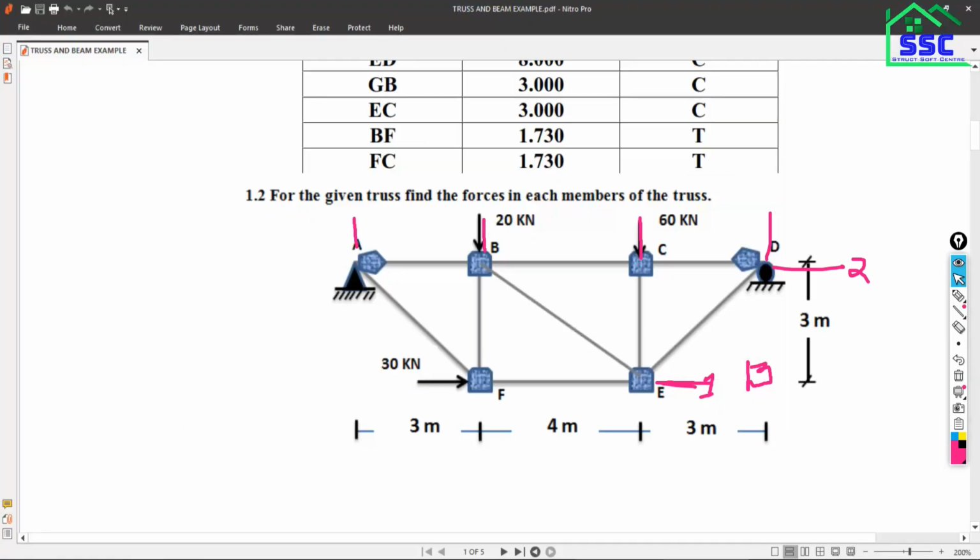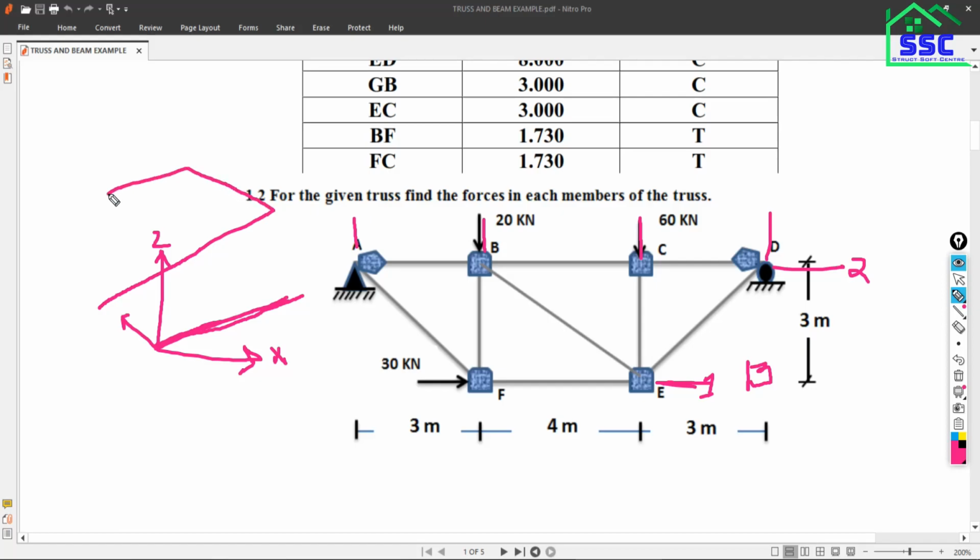And in the y direction, how many grids will be there? This figure is in the x-z plane. In the y direction there is no line, only one line is there. This truss line we are going to consider along the y direction. If the next truss is there, just for example along this line, then 2 grids will be there.